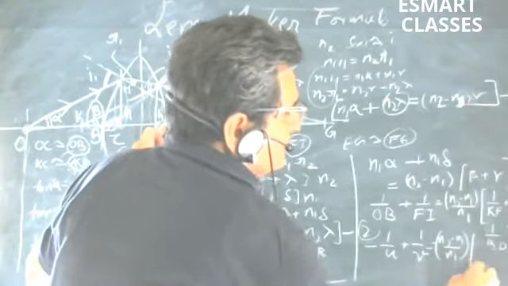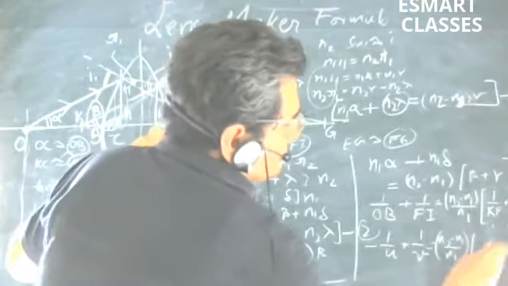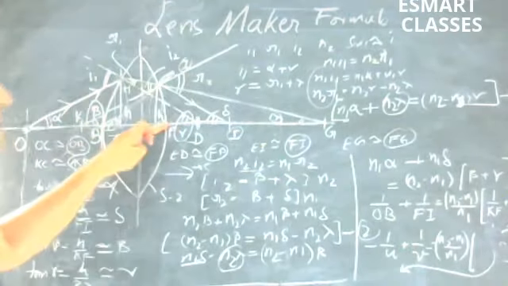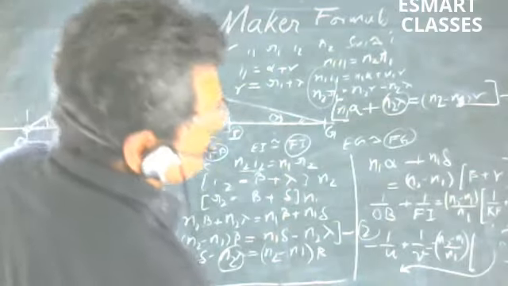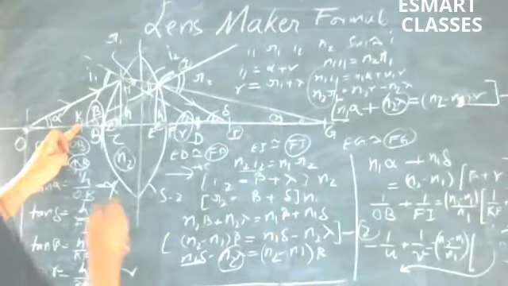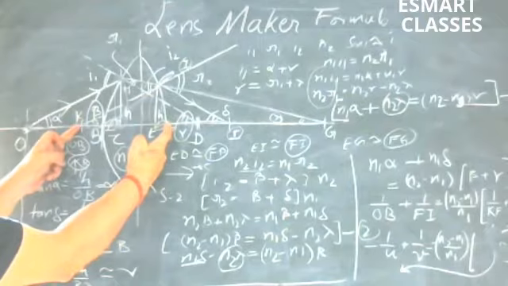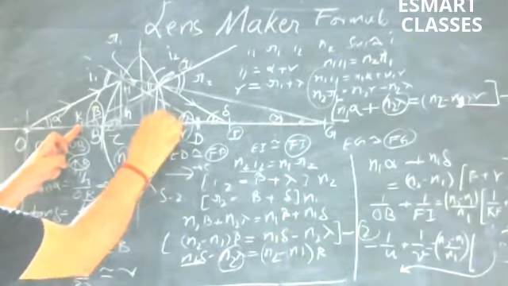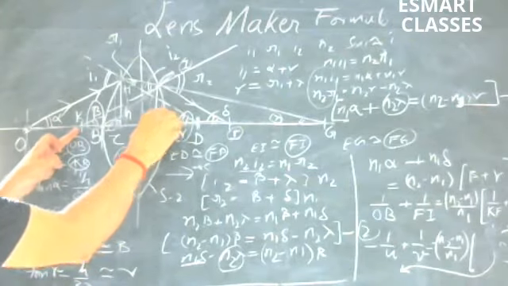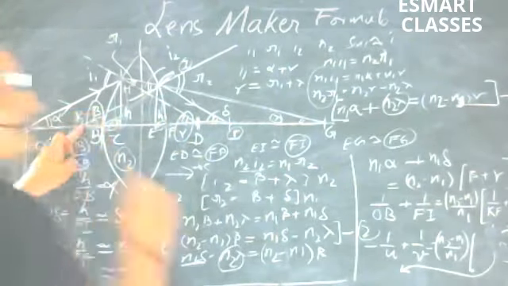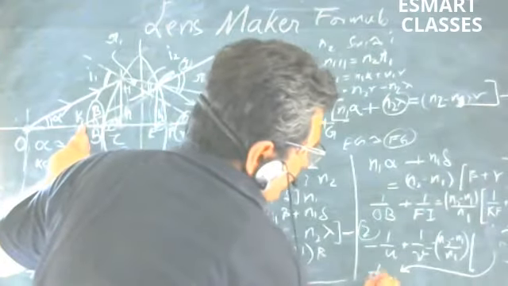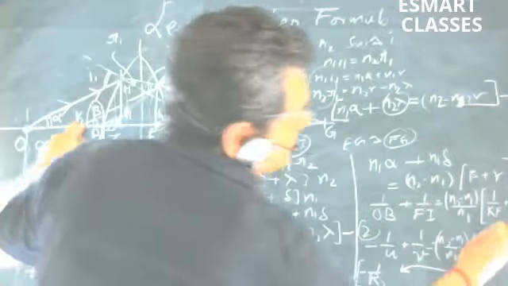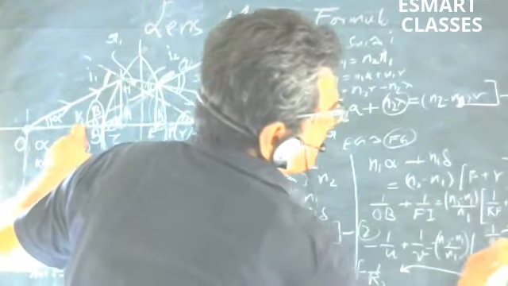Here comes the important part where I'll use this space because I'm having limitation. I'll put bracket there and you write here. What I have to put here is 1 upon KF. KF is this, and this is nothing but the radius. Again, you have to measure from here. This is the radius of the surface 2. Since it is being measured like this, it is negative. So minus 1 upon R2. Minus you have to write, and this was 1 upon BD was also added, which I rubbed.